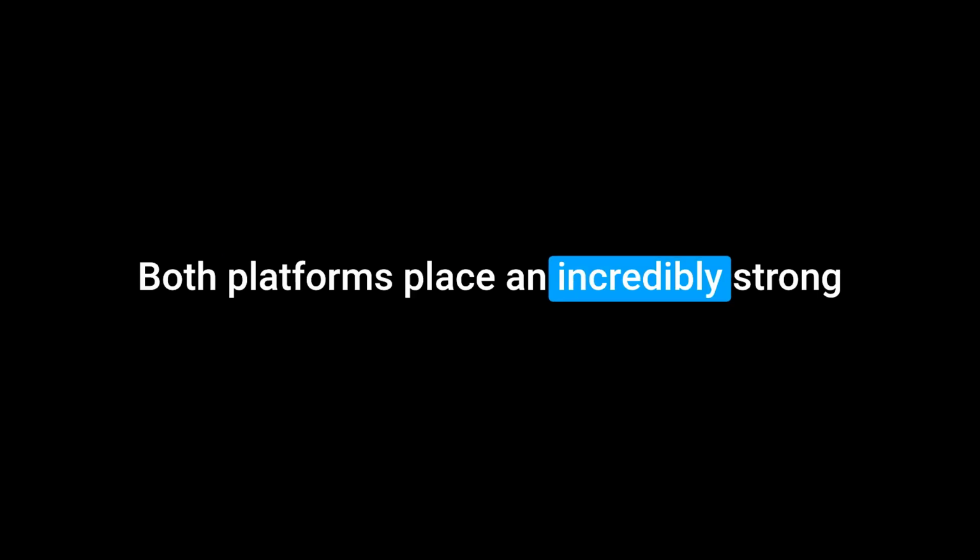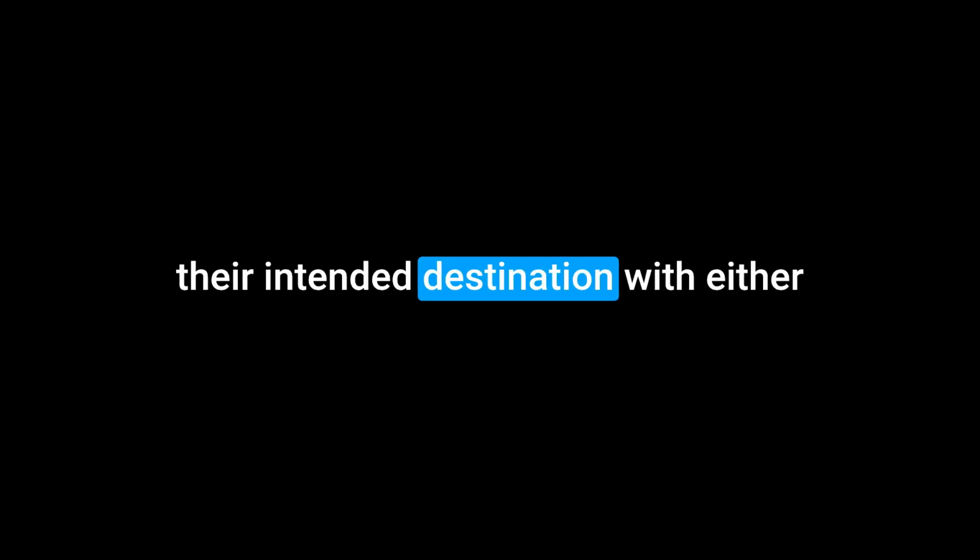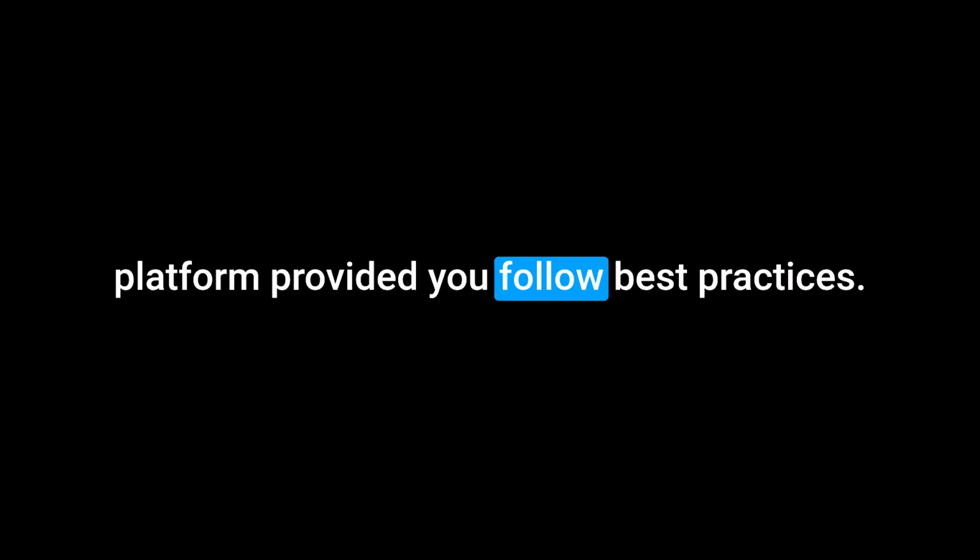Both platforms place an incredibly strong emphasis on deliverability, which, as we've hammered home, is absolutely paramount for your email marketing success. You need emails to get delivered. MailerLite highlights its external deliverability ranking, giving you that third-party validation of its performance. Aweber emphasizes its internal expertise and ongoing updates for compliance with the latest email provider requirements, showing their continuous commitment to this complex but vital area. Bottom line, you can likely trust that your emails have a strong chance of reaching their intended destination with either platform, provided you follow best practices.